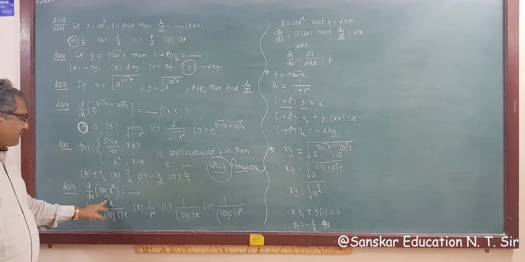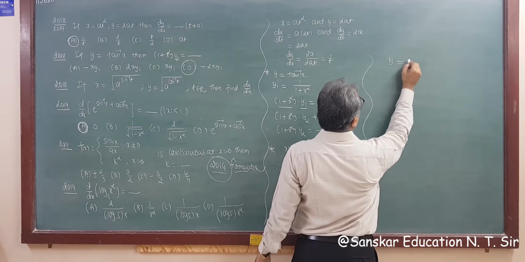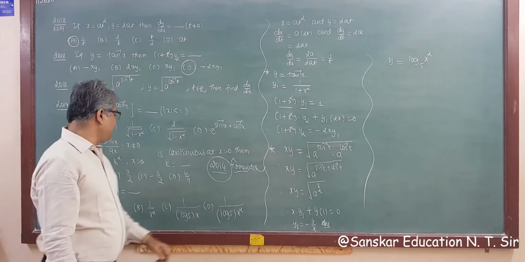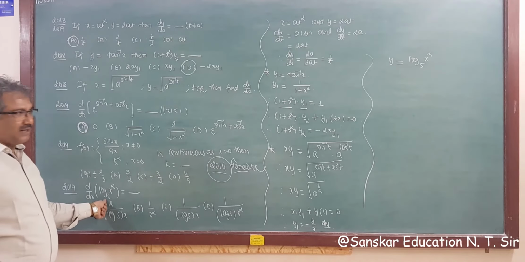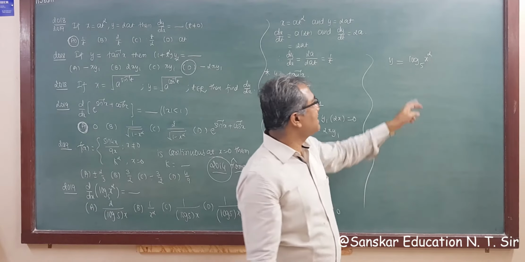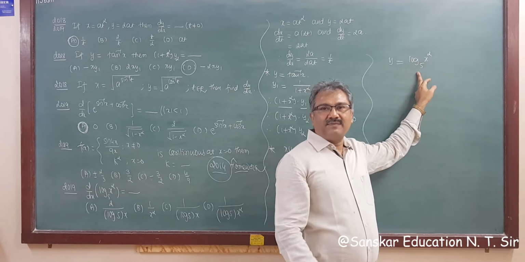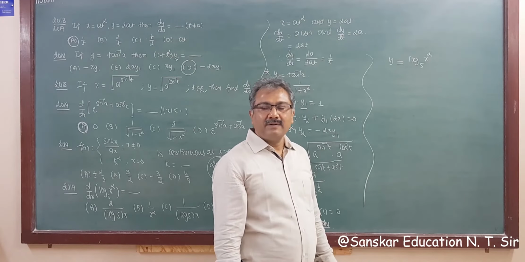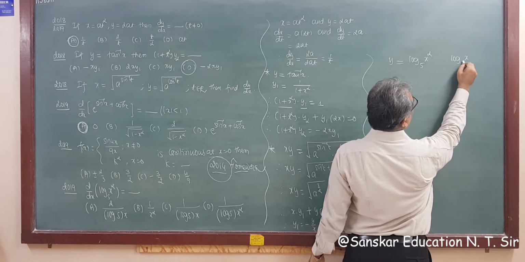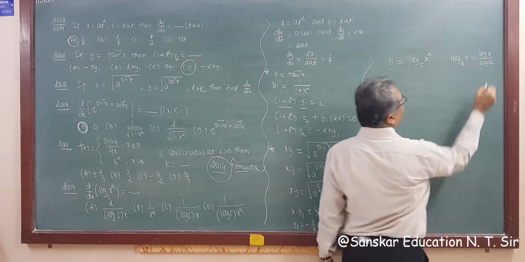d by dx of log x square base 5 is equal to blank, right? So y is equal to the given log x square base 5. Now you know log is differentiable if it's a natural logarithmic function, but this is not a natural logarithmic function as base is 5. So we have to convert this into a natural logarithmic function by applying the change of base rule, right? So change of base rule is log x upon log a. You know very well this is the change of base rule.